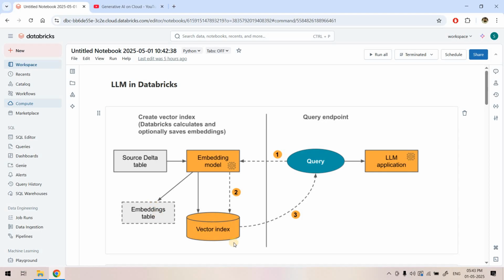And obviously we are going to create a vector index on top of that table, so that we can perform quick vector similarity search with some new data set, right? So this is the left side of the RAG architecture, which can be offline, and in the online part